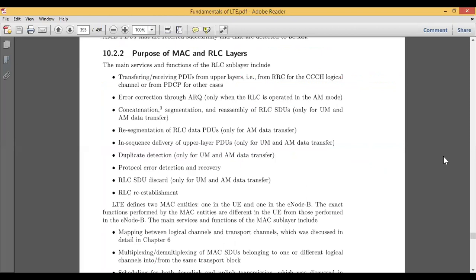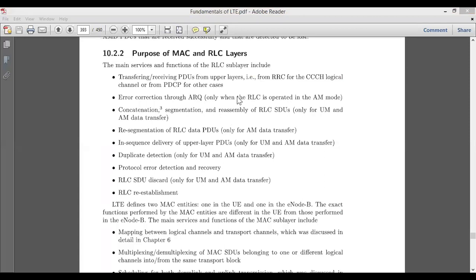As we know, the LTE protocol stack lies under layer 2, and in that layer we have different categories: we have PDCP, which we have seen in detail, then MAC, and another called RLC, that is radio link control, and last but not the least, the RRC layer.